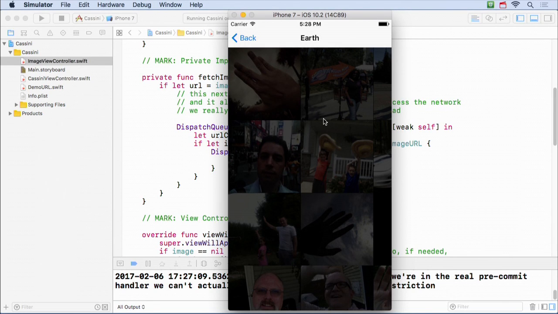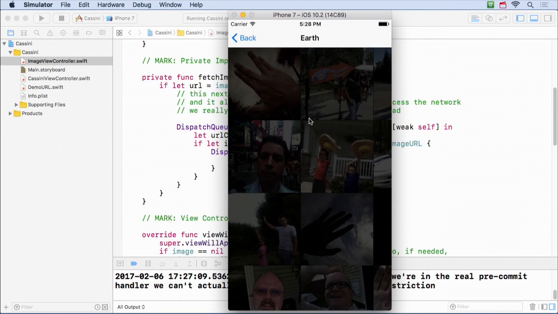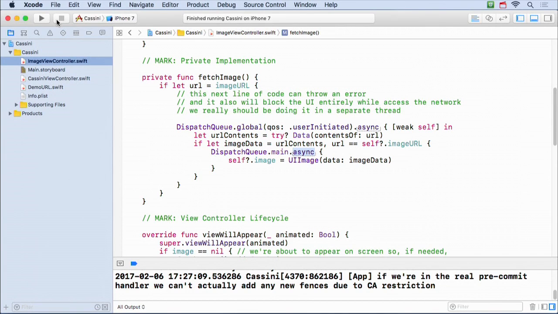Now, this feedback might be something that says loading, or something, but a really cool feedback when you're waiting for something is a little spinner. Have you seen those spinners? A lot of apps have this. So let's add a spinner to our app so that when we click here, it's a little thing spinning until an image appears and then it goes away. That turns out to be incredibly easy to do, because that's a common thing to want to do, is to give the user feedback. Yes, I heard you, and I'm working on it, but I don't have it yet. All right, so how do we do that?